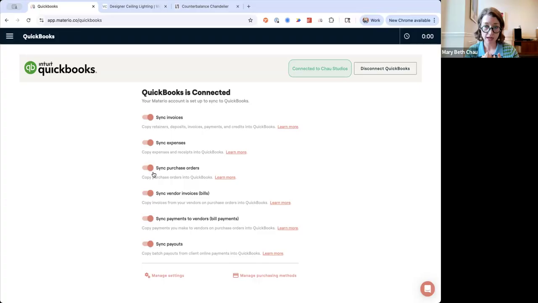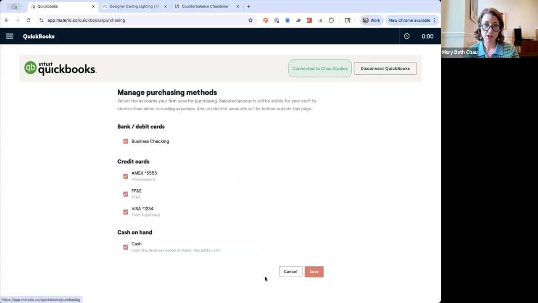I think that is a huge value add, because with that, if you're doing tons of procurement, and you're adding your purchasing methods in there, which is right here at the bottom right, manage purchasing methods, you set that up in QuickBooks, it links here, and it's going to auto reconcile all of those transactions. So I don't know if your bookkeeper's doing that, if you're doing that. I think it is worth